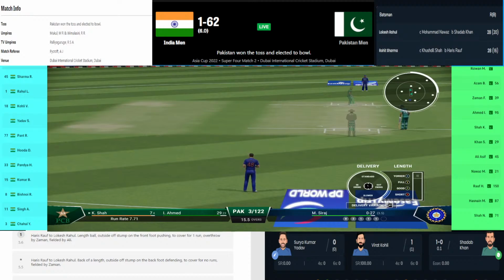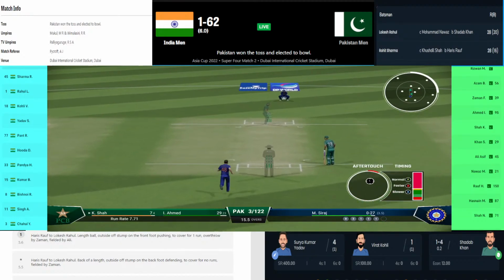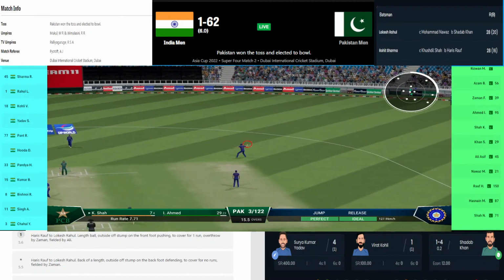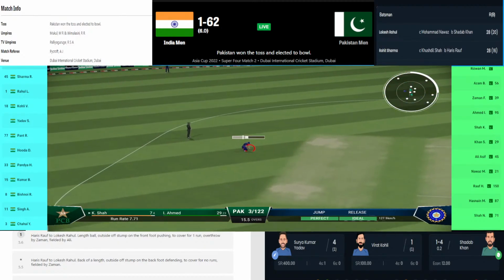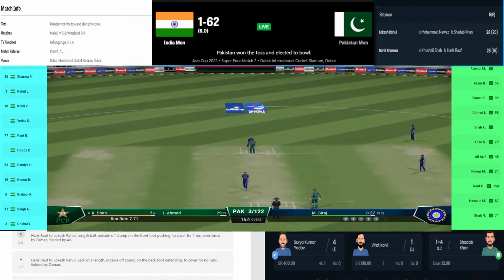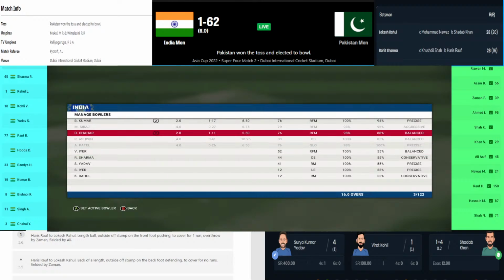Just now, guys, India have lost their second wicket to Shadab Khan. Shadab Khan gets the breakthrough, another breakthrough for Pakistan. Shadab Khan to KL Rahul. It was a googly half volley outside off stump, and he came down the track to slog, which KL Rahul was playing that shot from the start.